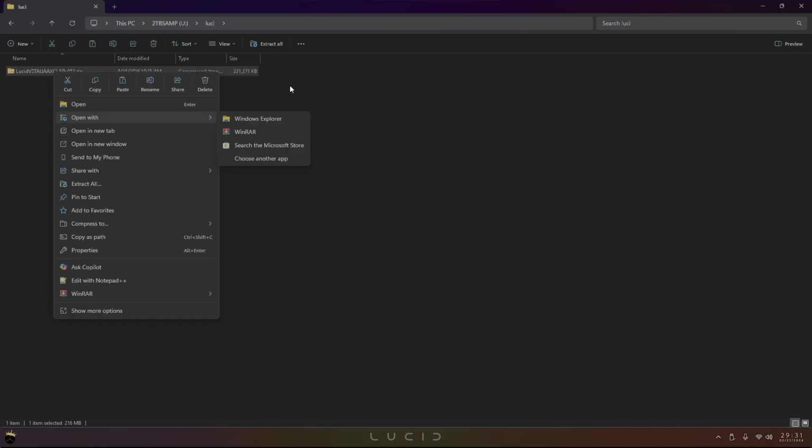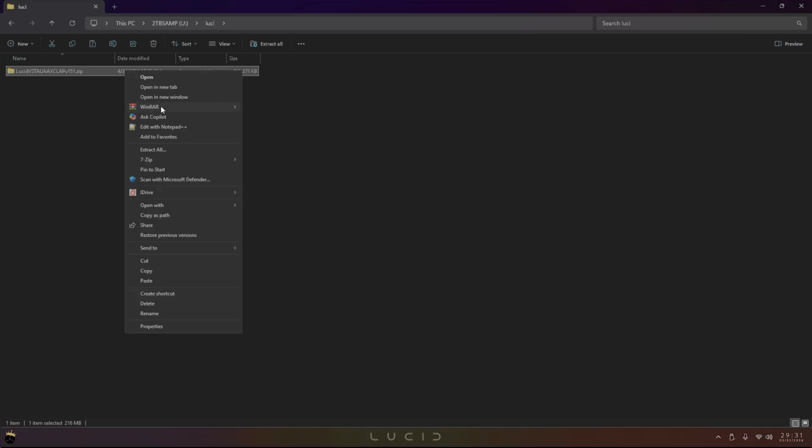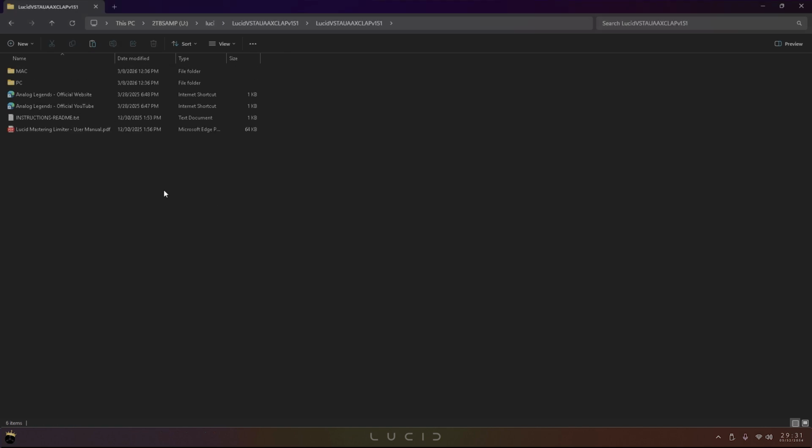You can extract it with Archive Utility. You can just double click it on Mac. You can double click it in here. You can extract it with whatever you want. Go ahead and extract the zip file. Inside, you're going to have your PC and your Mac folder along with your manual, and there's a little instructions. There's not really much to it, but you just select whatever you're on. If you're on Mac or PC, go within